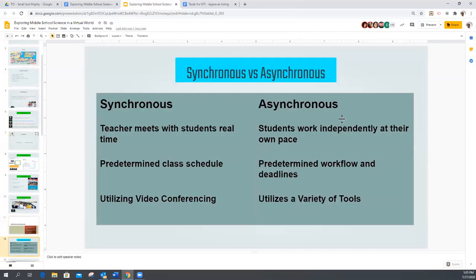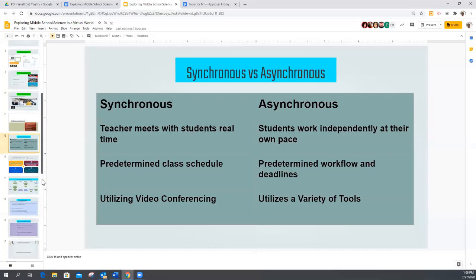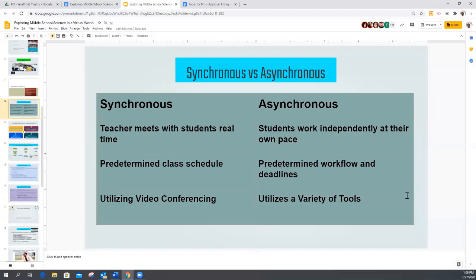So let's move on. We need to make sure that we're familiar with this whole thing of synchronous versus asynchronous. So synchronous would be, loosely stated, kind of what we're doing now. We're all meeting together, we're all in one place. We had a predetermined time and we're using some kind of video conferencing, right?